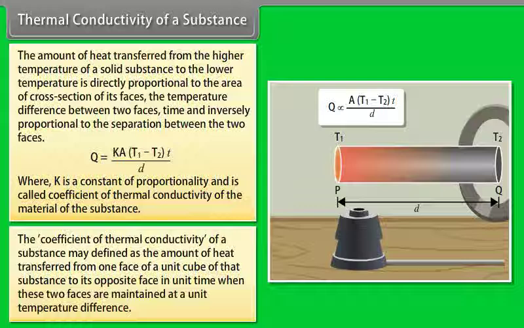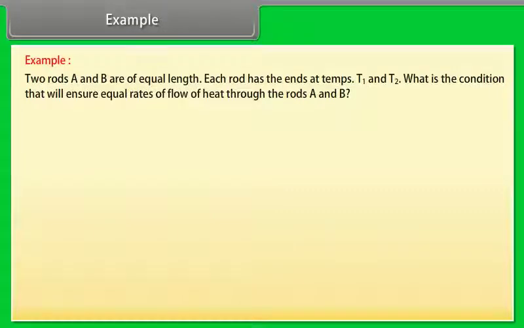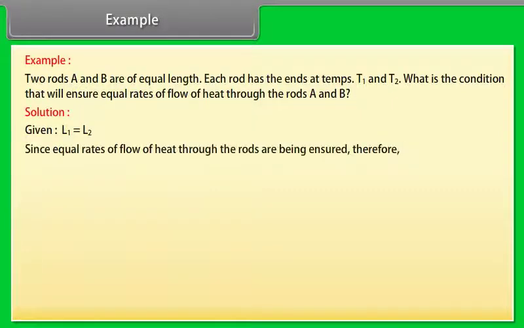Example. Let us take an example of thermal conductivity. Two rods A and B are of equal length. Each rod has the ends at temperature T1 and T2. What is the condition that will ensure equal rates of flow of heat through the rods A and B? Let's see the solution. Given L1 = L2, since equal rates of flow of heat through the rods are being ensured, therefore, ΔQ1/Δt = ΔQ2/Δt. On solving the expression, we get